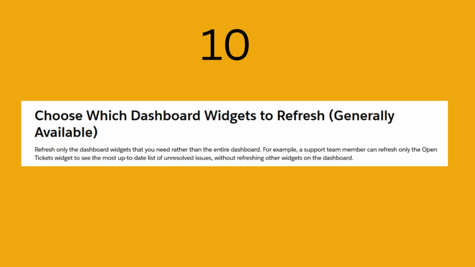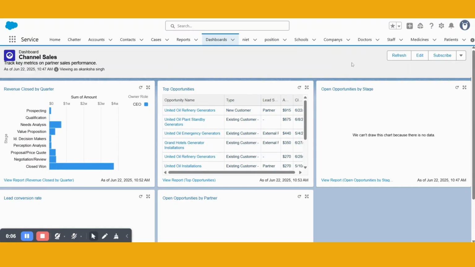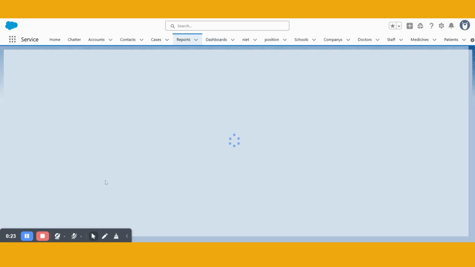Now the next one is choose which dashboard widget to refresh. Earlier we had one refresh option on the dashboard. Now we can see there is a refresh option for every widget placed over here. Let me edit the report and get some data so that I can show you the refresh.